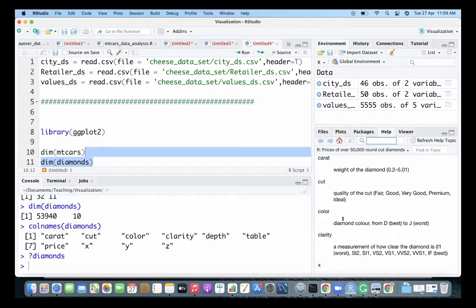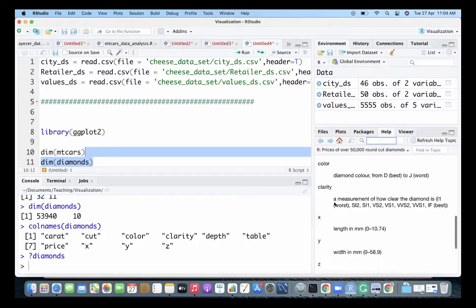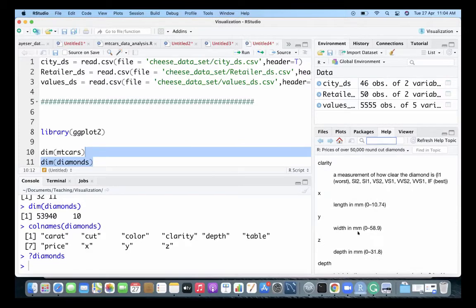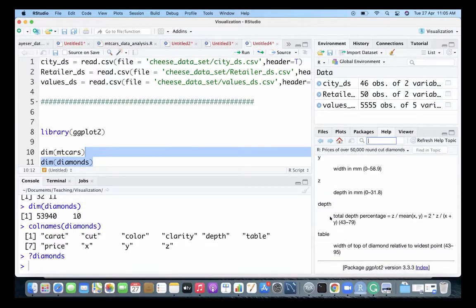That's right. Color, diamond color from D best to J worst, is also ordinal. Clarity, a measurement of how clear the diamond is, is also ordinal. X is length in millimeters, Y is width, and Z is the depth, and they also calculated the depth percentage using a formula.